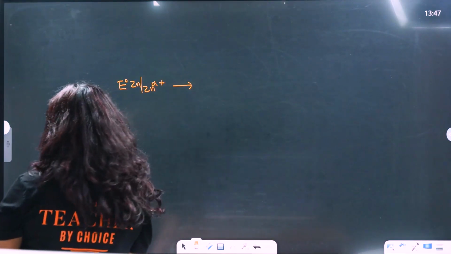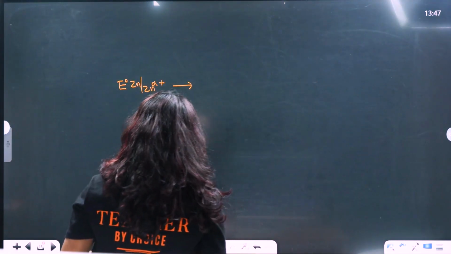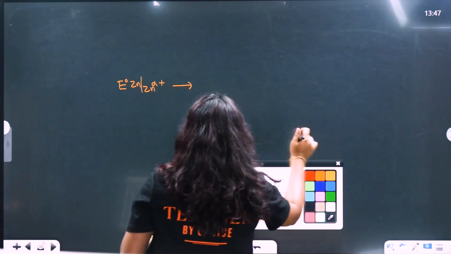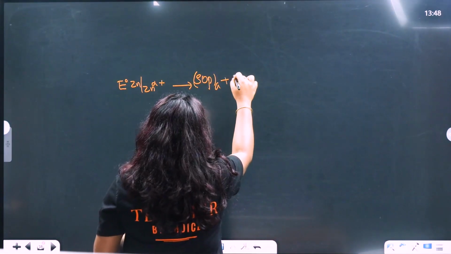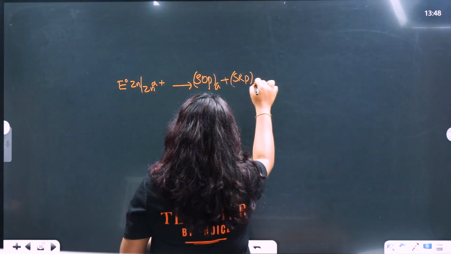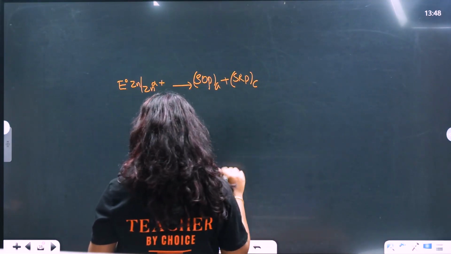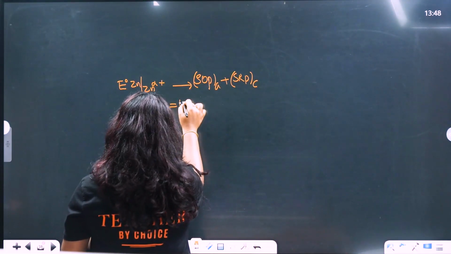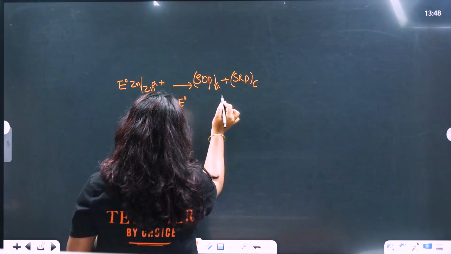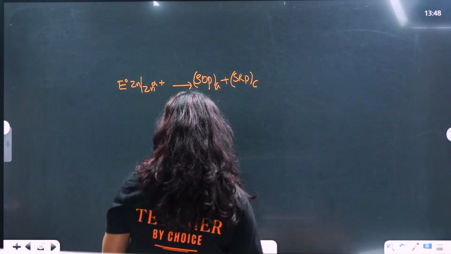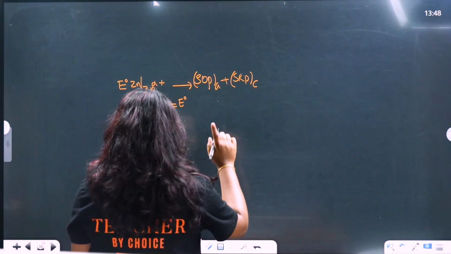at cathode. This is the E naught of Zn bar Zn2 plus, right? So standard oxidation potential at anode plus standard reduction potential at cathode. So this is the equation which we are going to use. Now, since they have given you this E naught, standard oxidation potential means anode and cathode. Am I correct? So we can say that standard reduction potential. Okay, so we can say that